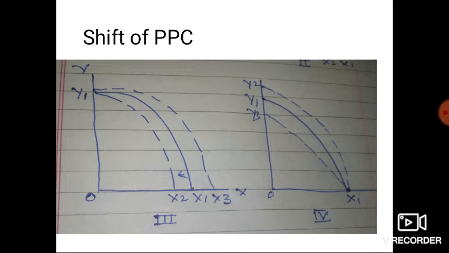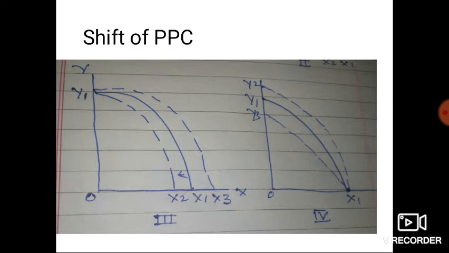Now, I will ask a question to you. Is Khetilal's land increasing or decreasing? Correct, neither increasing nor decreasing. How can you say that? If Khetilal had increased or decreased his piece of land, then production of both commodities X and Y might have increased or decreased. But graph number 3 shows that production of Y commodity remains constant and only production of X is increasing and decreasing.